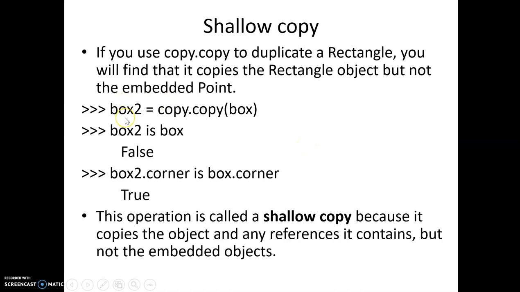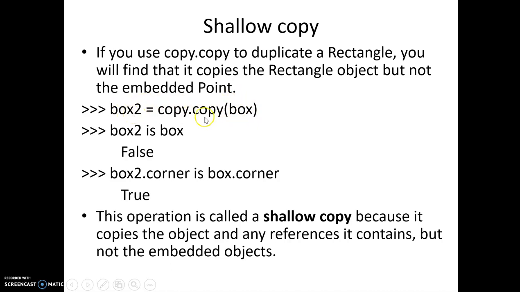You can see box2 is a new object. If you remember, we have taken box as an object created for the Rectangle class, where we have set some attributes. In this function, we take the new object and copy all the values from the box which has been created earlier. Of course, all the values that have been set for all the attributes of the box object will be copied exactly the same for box2.